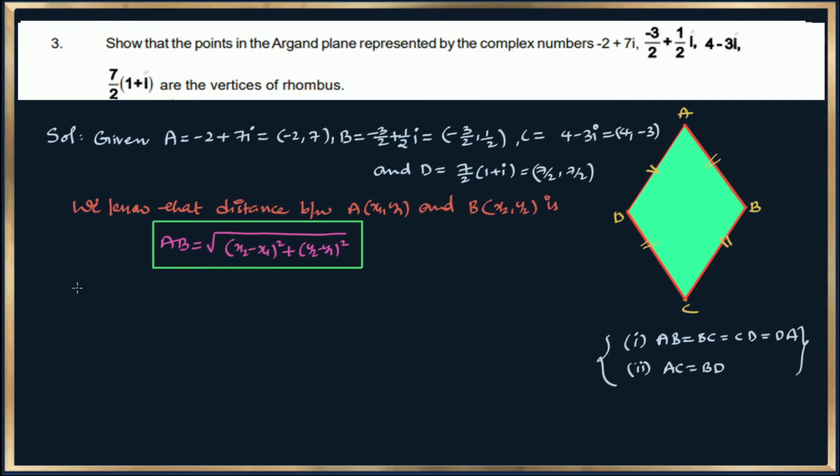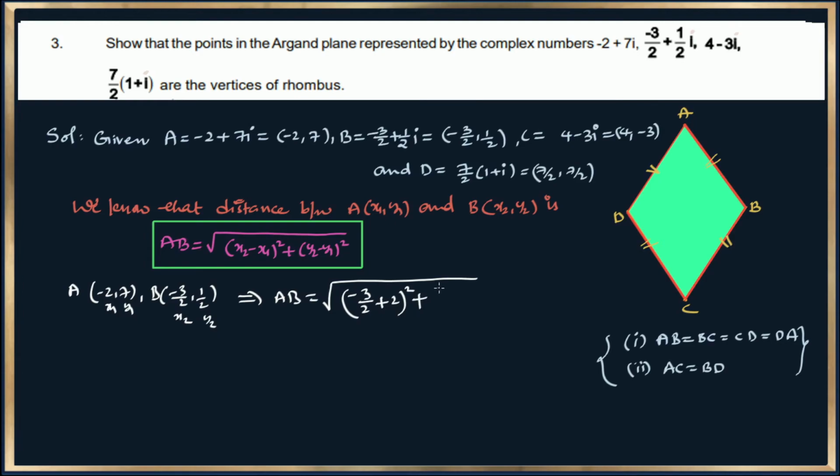So what was the distance formula? Under root x2 minus x1 whole square plus y2 minus y1 whole square. So first A, that is minus 2 comma 7, and B is minus 3 by 2 comma 1 by 2. Consider x1 y1 x2 y2. What about the formula of distance between AB? Root over x2 minus x1. x2 means minus 3 by 2 minus of minus 2, whole square plus y2 means 1 by 2 minus